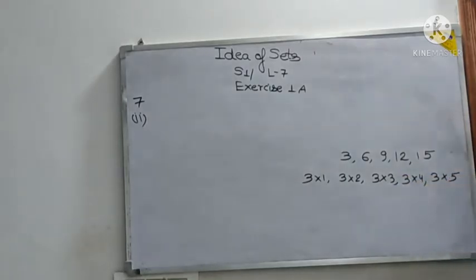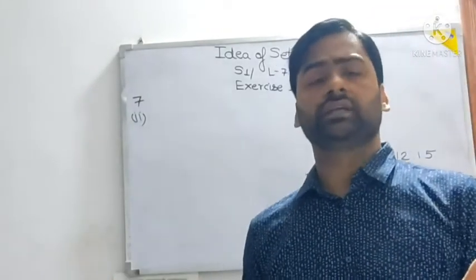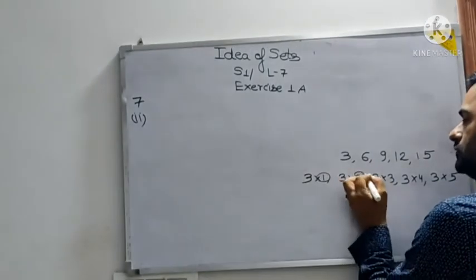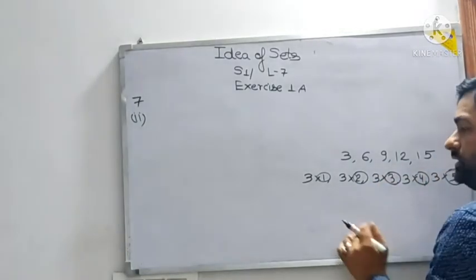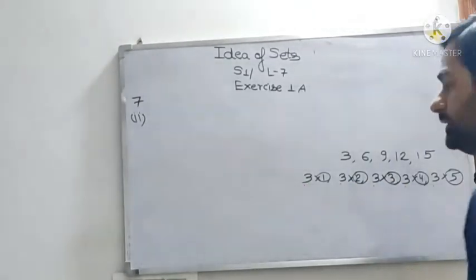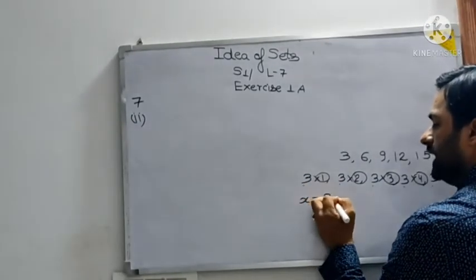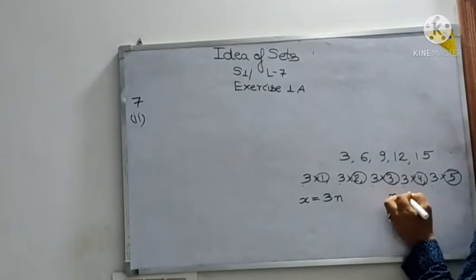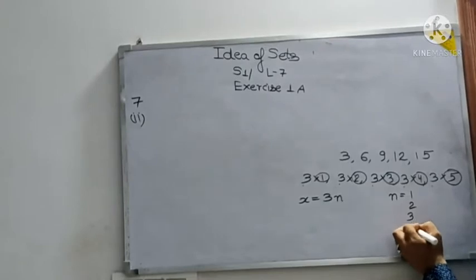But see, the table of 3 goes infinitely, not till 10 only. You know till 10, but it goes beyond that. Multiples of 3. So here we have some limitation. That means, can I say 1, 2, 3, 4 and 5? So something has to range. What is getting repeated? 3 is getting repeated. If we generalize, if I write x equal to 3n, will it be correct? What all values should n have? n should have values of 1, then 2, 3, 4, and then 5.